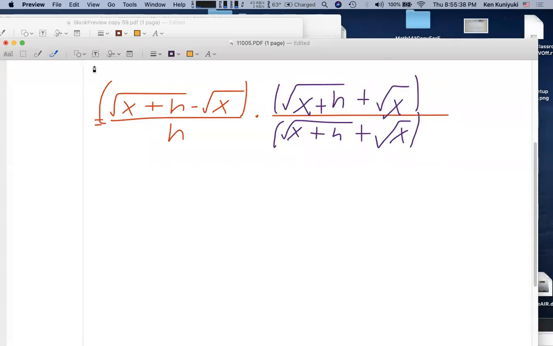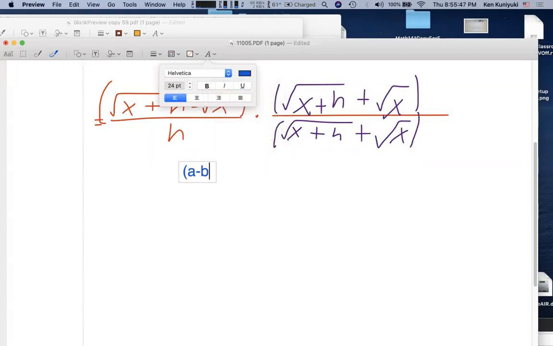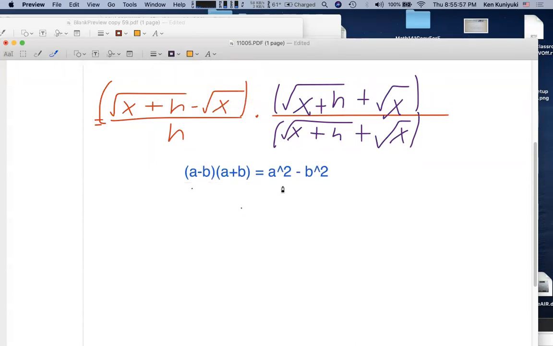Okay, now what's the rule that we're going to apply here? We're going to apply the rule that if you have the quantity a minus b times the quantity a plus b, right? That's a factorization for what? It's the factorization for a squared minus b squared. It's the factorization for the difference of two squares. So for this here, we're going to get